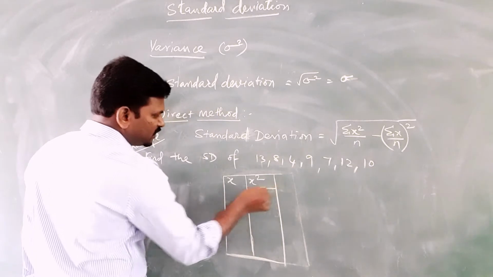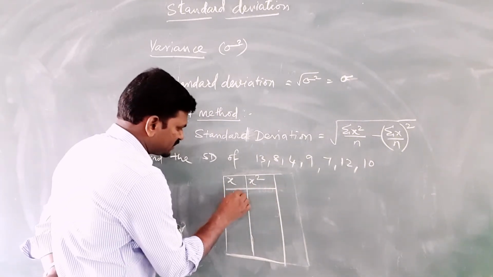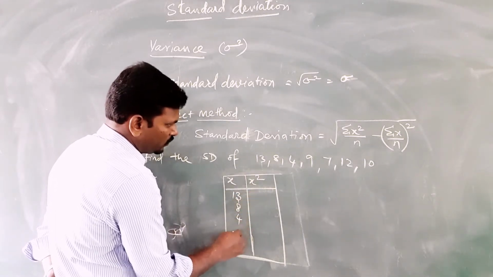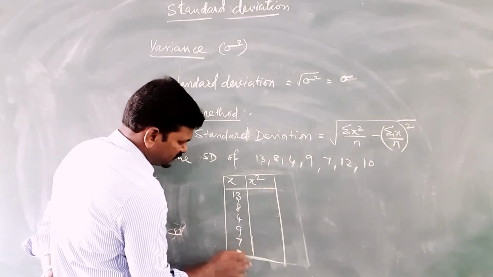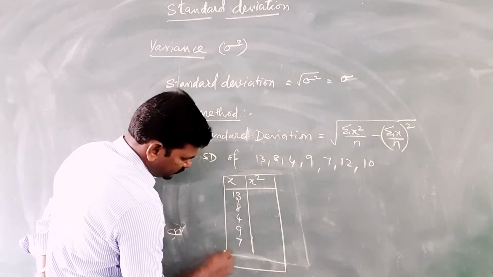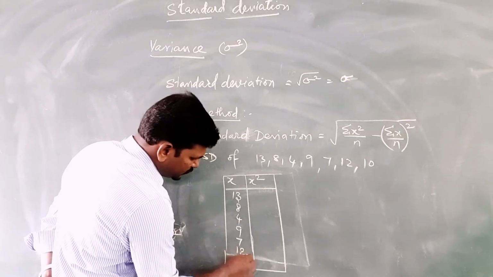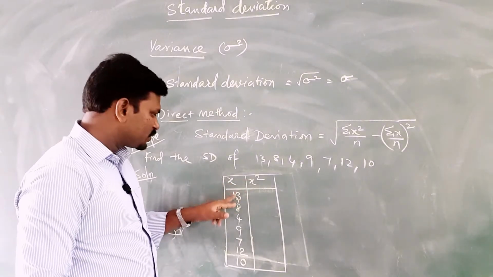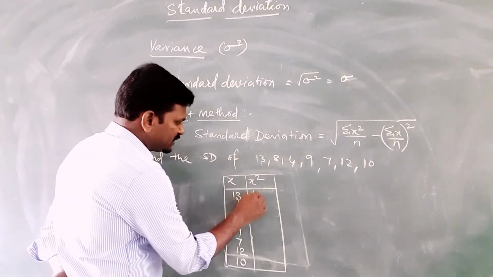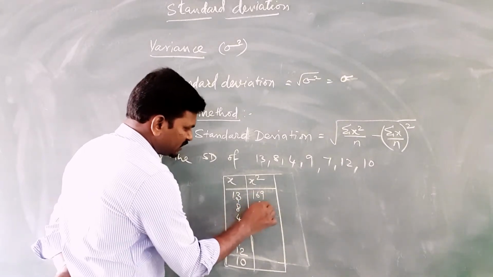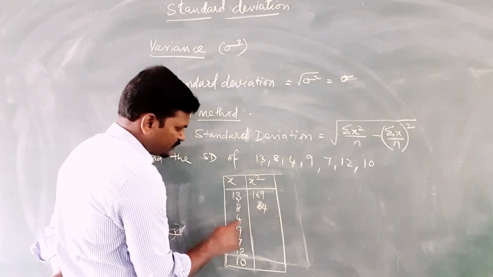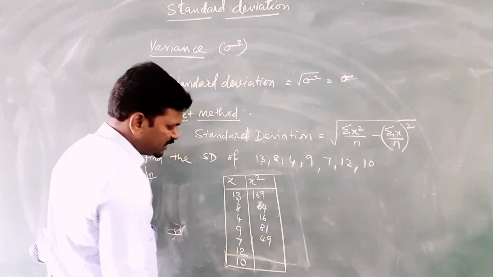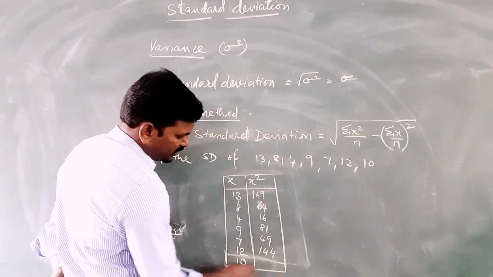So x and x square. What are x? 13, 8, 4, 9, 7, then 12, 10. Then x square. So we have to square the x. 13 13s are 169, 8 8s are 64, 4 4s are 16, 9 9s are 81, 7 7s are 49, 12 12s are 144, 10 10s are